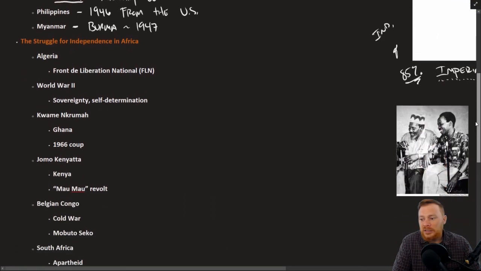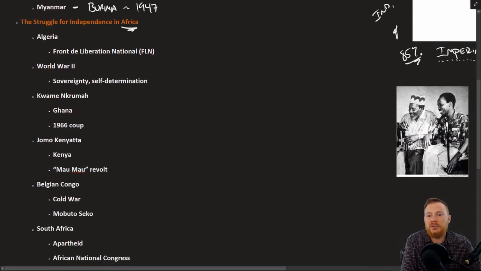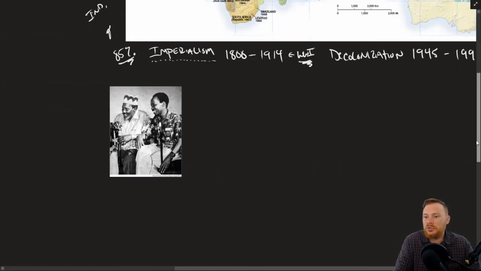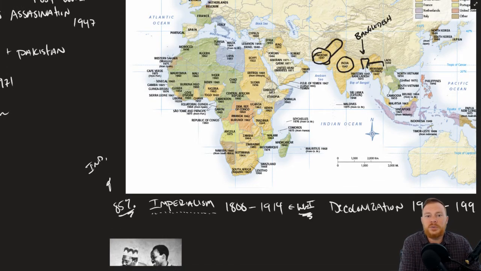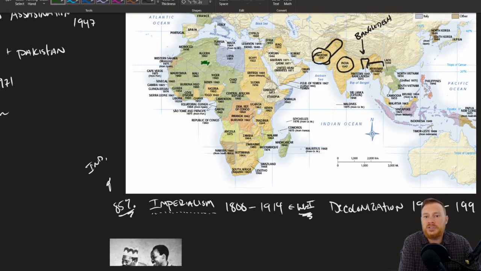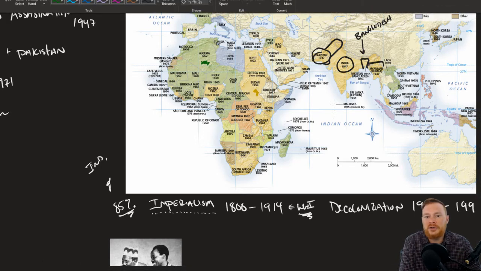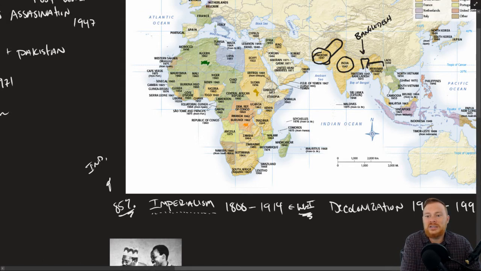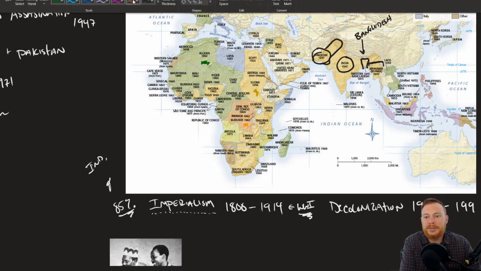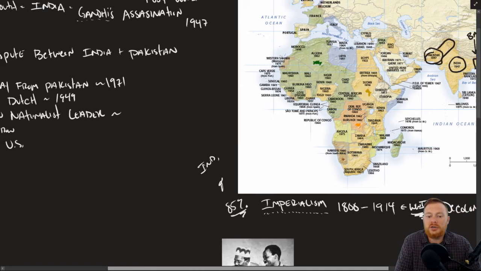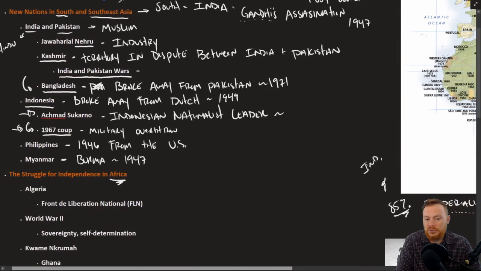In Africa, decolonization varied. Remember, Africa was a very large continent that a lot of different European powers controlled. If we take a look at Africa, we could see that essentially all of the green marks what the French had previously controlled. This yellowish color marked what the British controlled. There's some here with the Belgians in the orange. There are also other countries like the Portuguese, for example. So the process of decolonization varied in Africa, although we can make some broad generalizations.